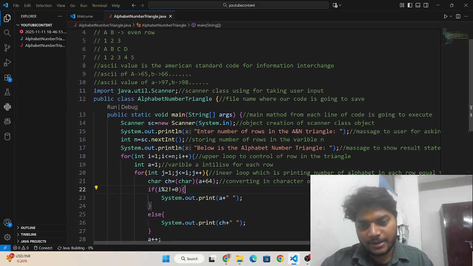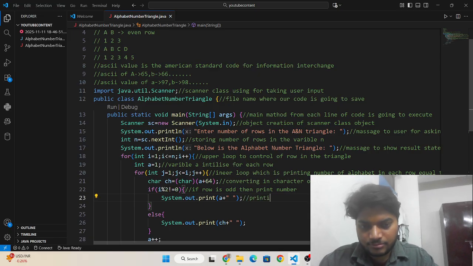Okay, and here is if i, I means what, if row is odd, then print number, printing a with one space.